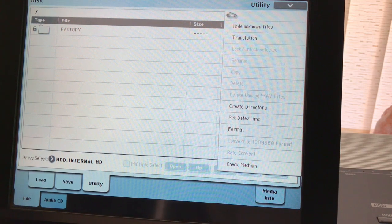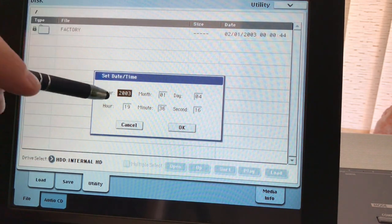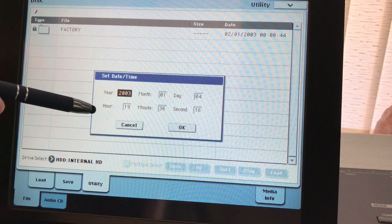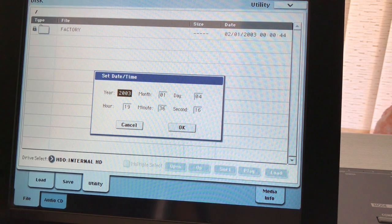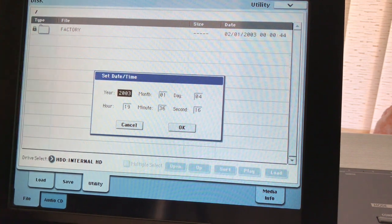Now what it says on the internet is that you need to go into set date and time, which is this option here. Now as you can see, the problem is that it is set to January the 4th, 2003, and that's 1936, so 7:36 and 16 seconds in the evening. Now clearly that is not where we are today, it is 2018. So what we need to do is click on there,